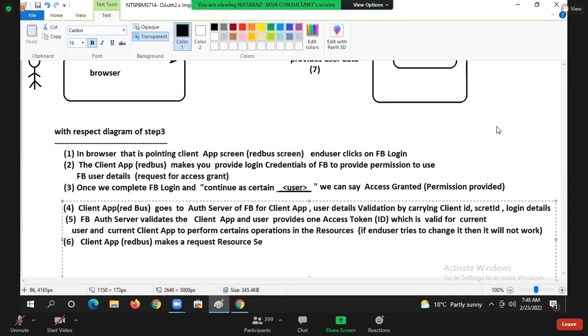Tell me, guys, the client application Redbus makes a request to the resource server of FB,